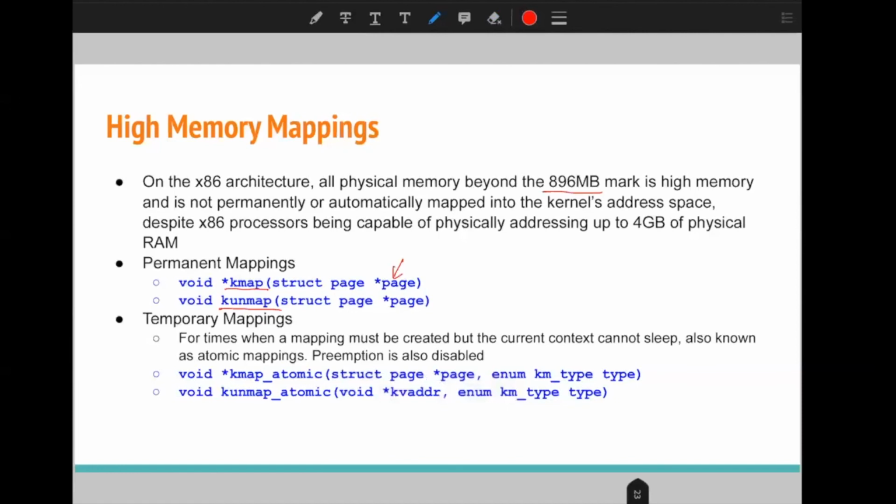And sometimes we require the mapping of a page into the kernel space, and we don't want to sleep. In that case, we can use the kmap_atomic function and the kunmap_atomic function to deallocate the mapping of a page. And this km_type tells the purpose of the particular page allocation in the kernel space.